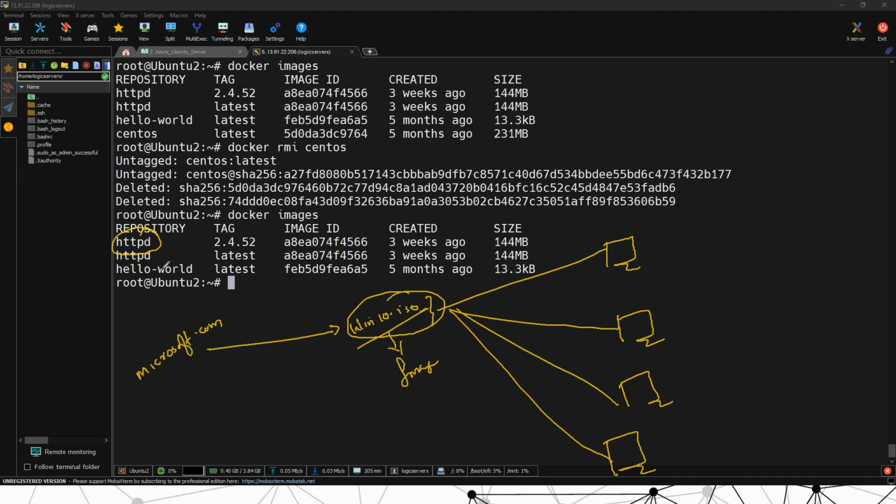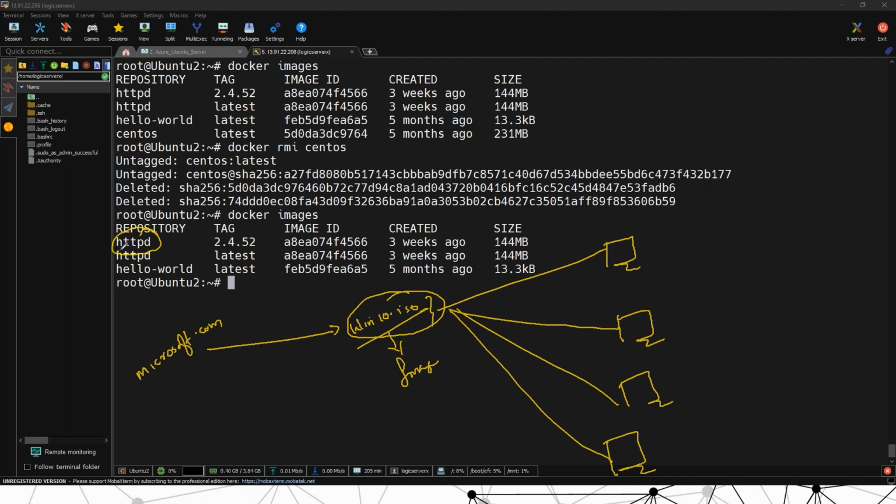If we downloaded an image of Python, we can create multiple containers from it, right? Definitely yes. Okay, thank you. If there are multiple containers from the same image name, will all of them have the same name? No. There will not be multiple containers with the same name. You will never see that, because you have a tag, right?